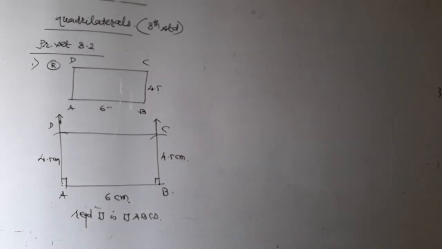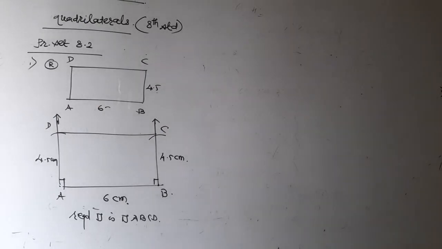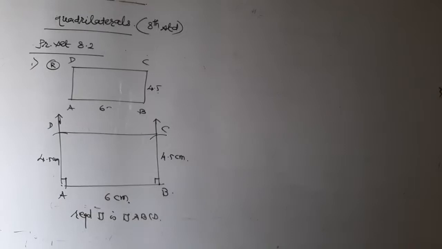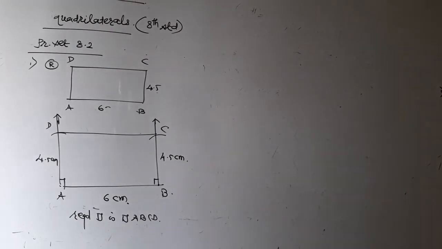And put the values given in the example. So draw AB with the help of a scale, 6 centimeters, and on the angle A is of 90 degrees with the help of protractor, and on B also 90 degrees with the help of protractor. And then take the distance of 4.5 in the compass. Put on B, draw the arc 4.5 centimeters. That point will be C.